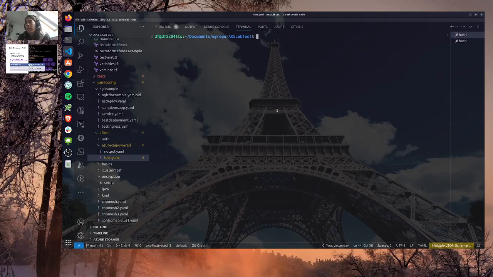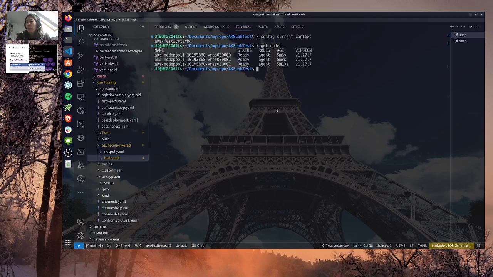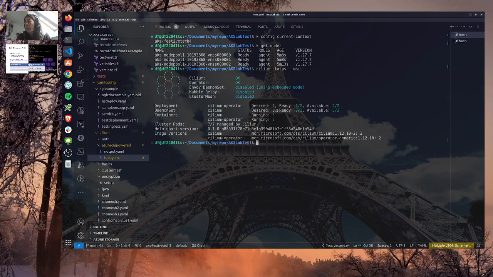Okay, let's clear that. If I check my current context, I'm on AKS Festive Tech, perfect. So let's have a look first at AKS powered by Cilium, right? So let's get the nodes. They are in ready state. Okay, that's what I wanted to see. If I do now a cilium status --wait, hopefully it will work. And if not, I have a ready cluster. Okay, so you can see that Cilium is ready, but not everything is installed.